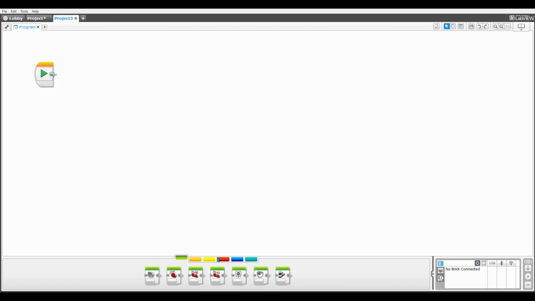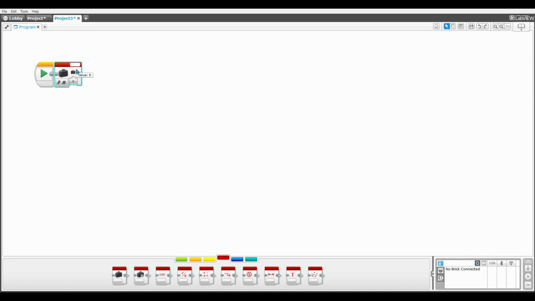Okay, so the first block that we need is a variable block. I'm going to add a variable and call it distance. And I'm going to give the distance the value of 6. I did find that any value less than 5 will give the infrared sensor a hard time to stay proportionate